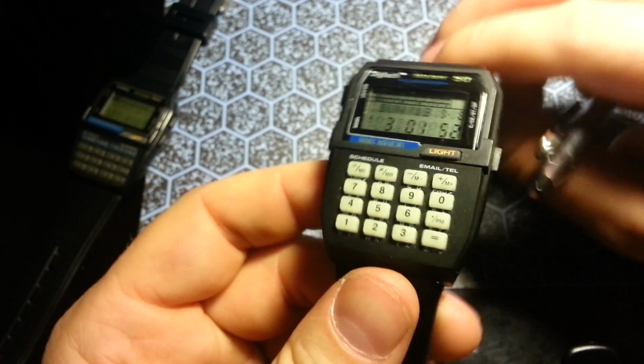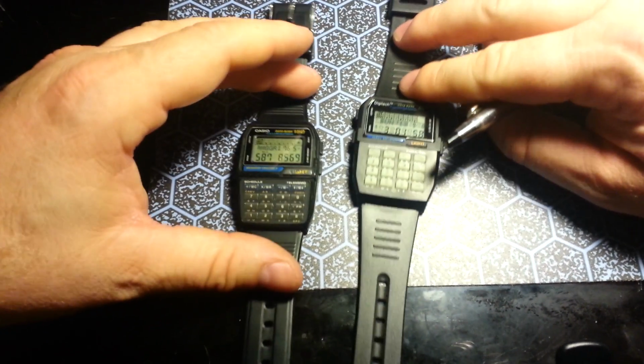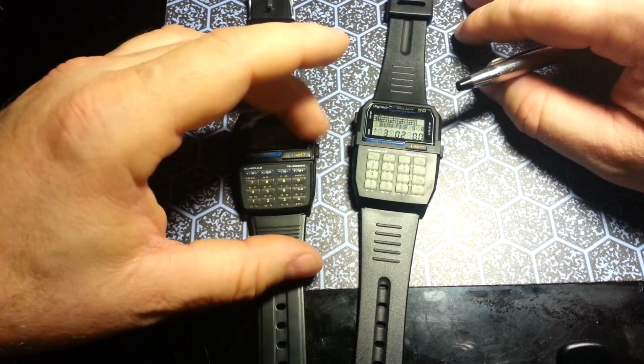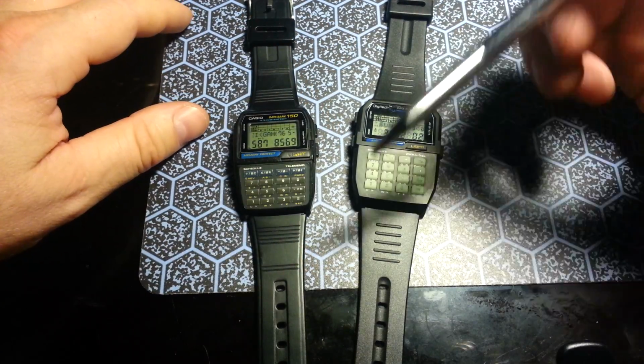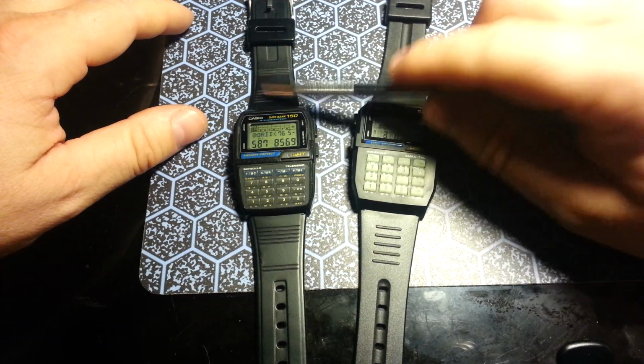So, in conclusion, here's the old reliable for lots of money and a few less features, but in 5 years, see me. I got a feeling this thing's going to be in the trash. And this thing I'm still probably going to be